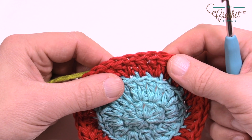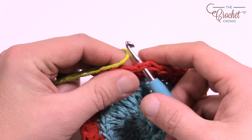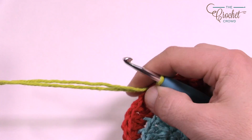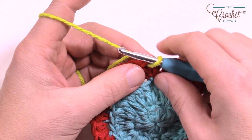So let's begin round number 4, and we're going to just choose any stitch at this moment. It really doesn't matter which one, but it will matter coming in the future, but this one not so much. So we're gonna just pull through. I'm gonna use the green, just drop it, and I'll deal with that in just a moment. So we're gonna use what we call small